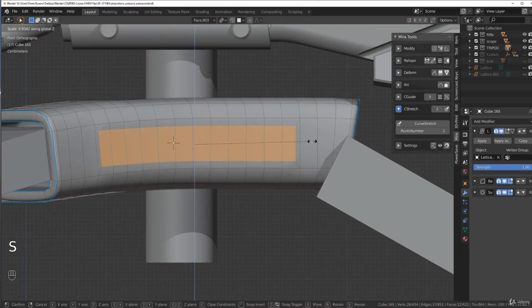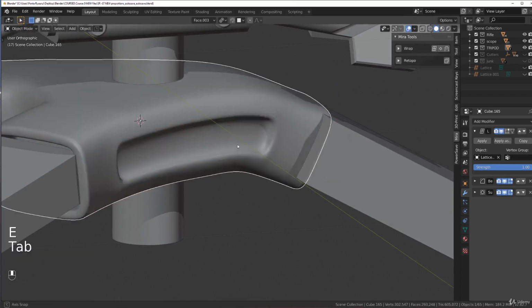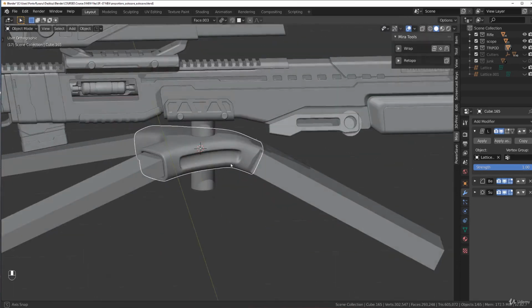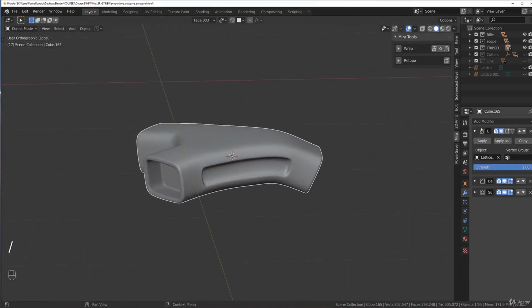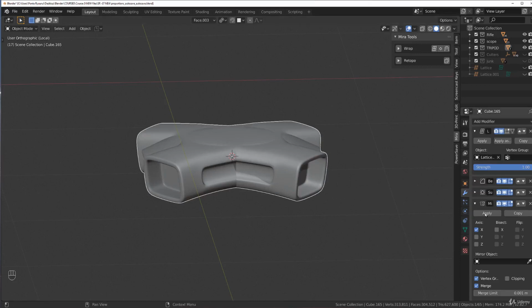SZZ, make it smaller. There we go. And now extrude it. That's better. That's what I want. Okay, that's perfect. And we can mirror it to the other side, so mirror to the other side